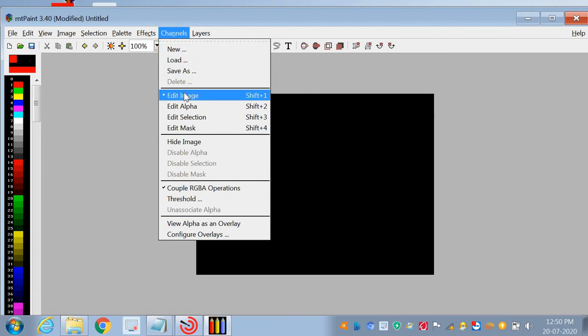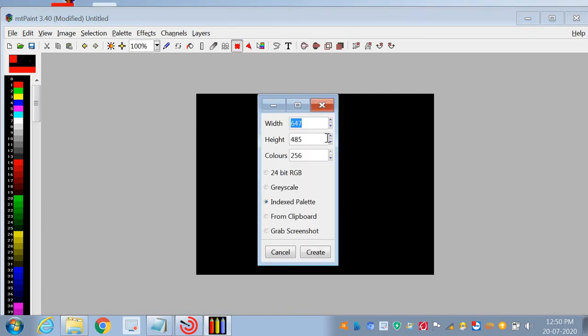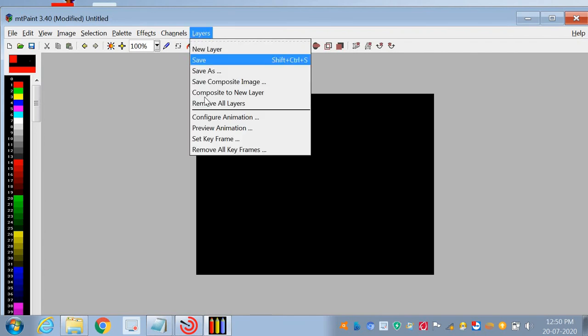Edit image. So edit image is the option to edit your image. New layer, it means you can add your new layer. So from here you can add your layer. Okay, no need to explain this topic.